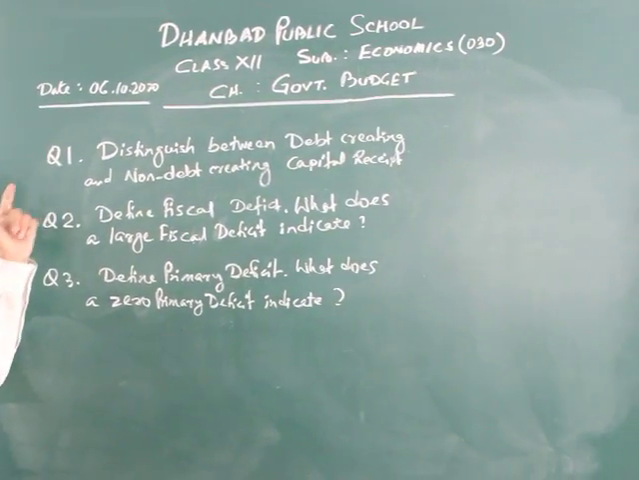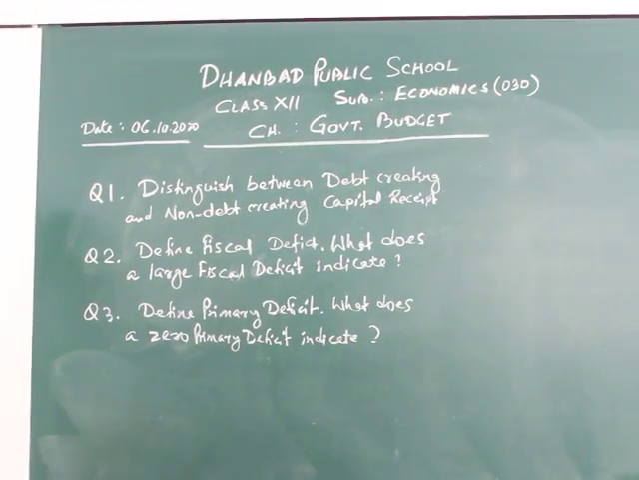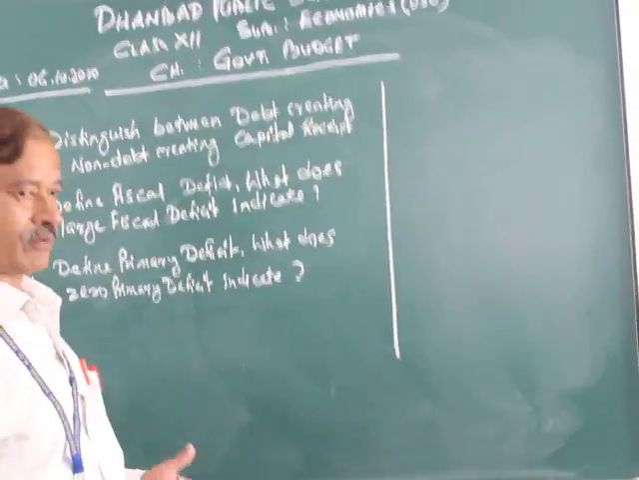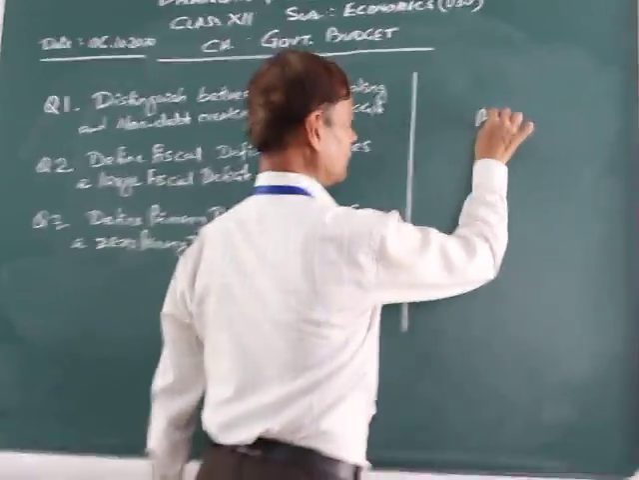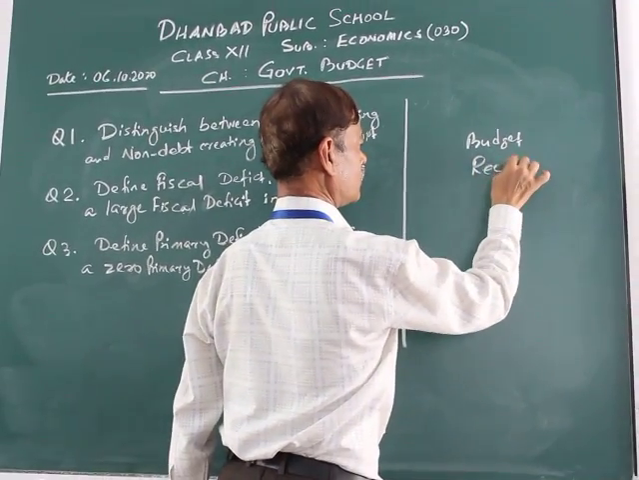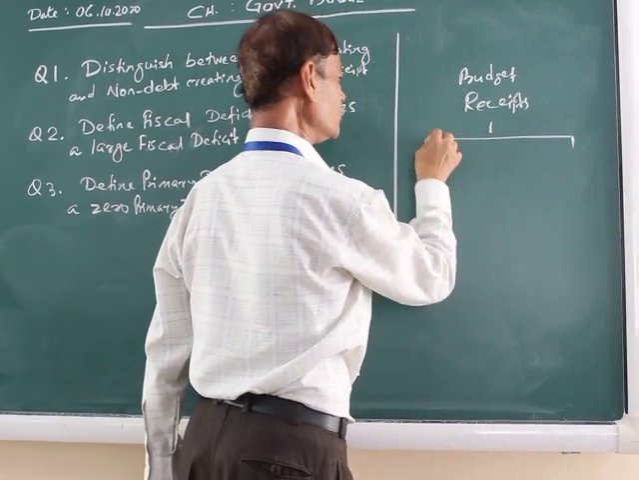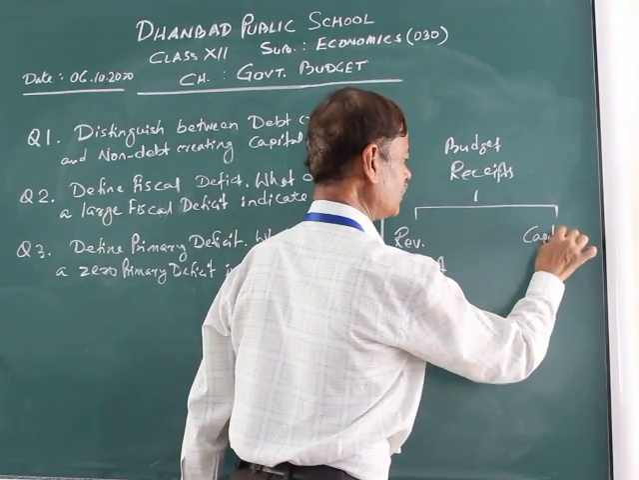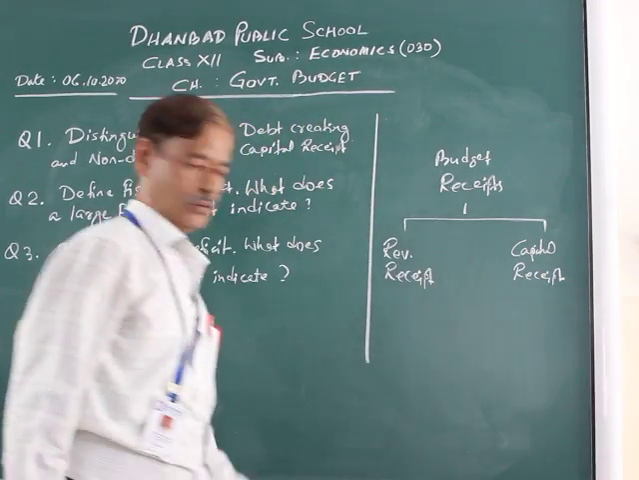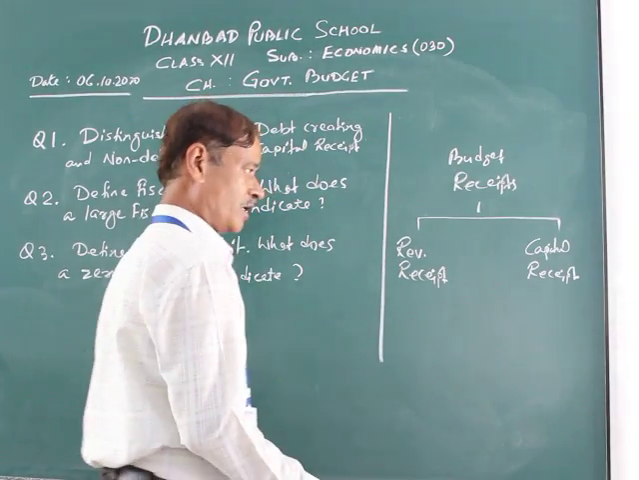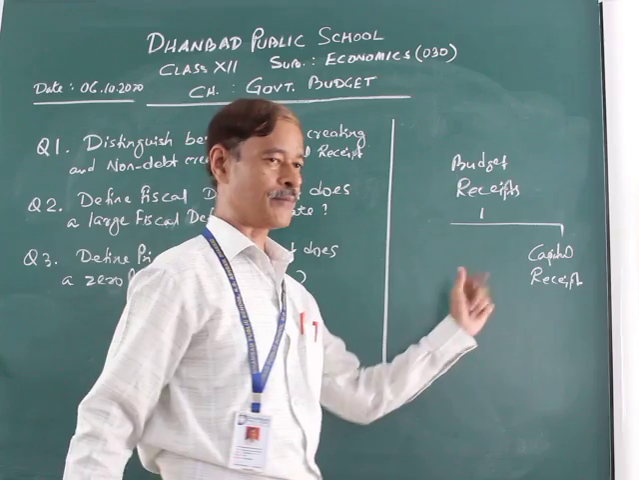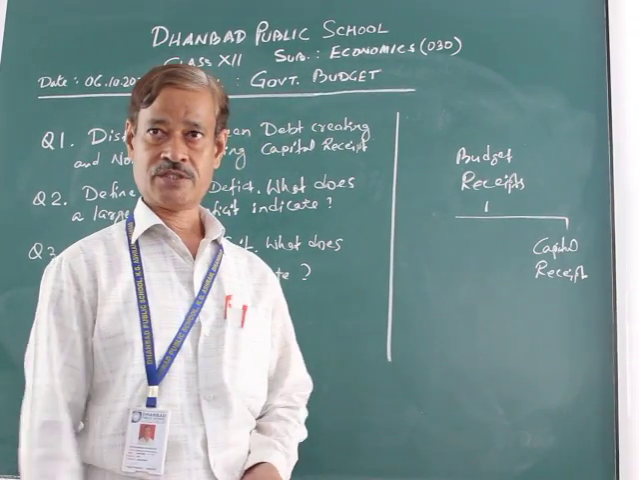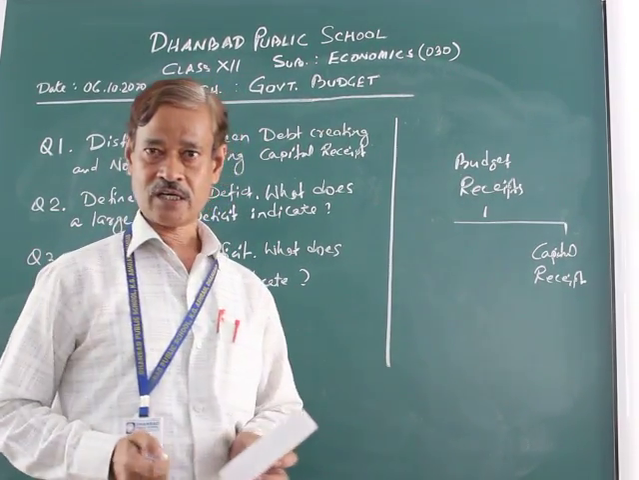So let us come to the first question. Distinguish between debt creating and non-debt creating capital receipt. You know that the receipts in the government budget are classified into two, that is the revenue receipt and capital receipt. We are not talking about revenue receipt now. So let us concentrate on capital receipt. What is the capital receipt? Capital receipt is that receipt which either increases the liability of the government or decreases the